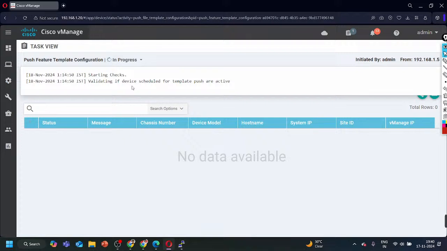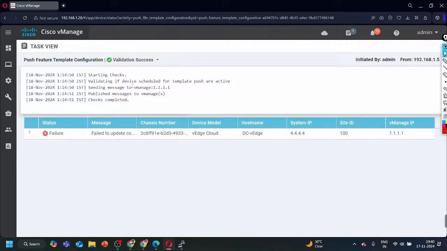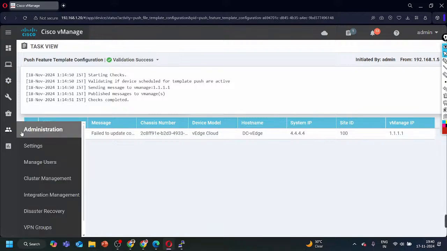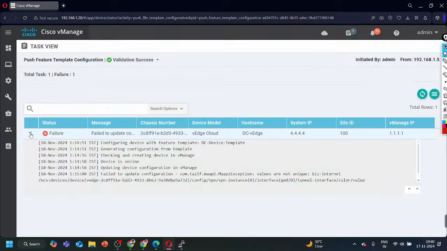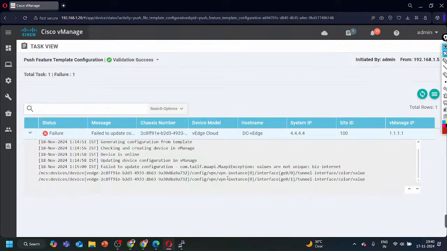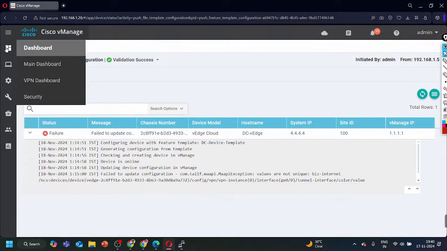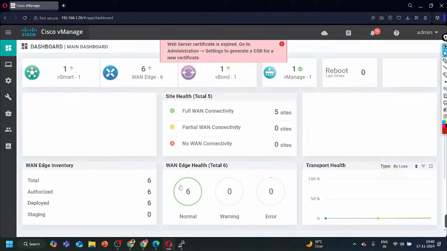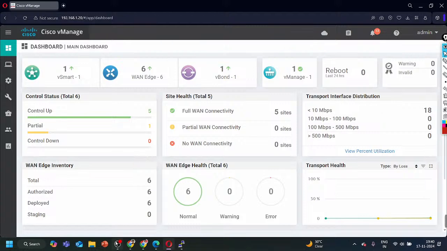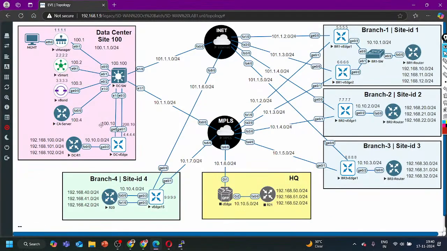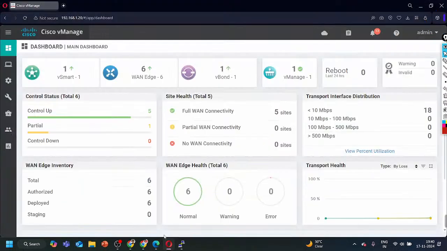Just testing what the issue is. Failed. Yeah, two interfaces now have the same color. It might be possible this is just because of simulation. See, this DCVH is not able to establish a control connection with vBond through the internet, biz internet color, right? But it should